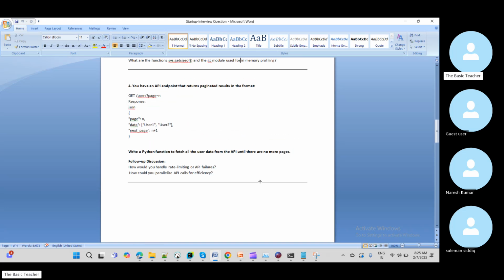If you have any API related experience, then simple question: write a Python function to fetch all the user data from the API until there are no pages. Let's say you are reading the Confluence page for the organization you are working in, and there are multiple spaces, then multiple pages, and your requirement is to read all the pages until the count left is zero. Then a follow-up question is how would you handle rate limiting or API failures, and how